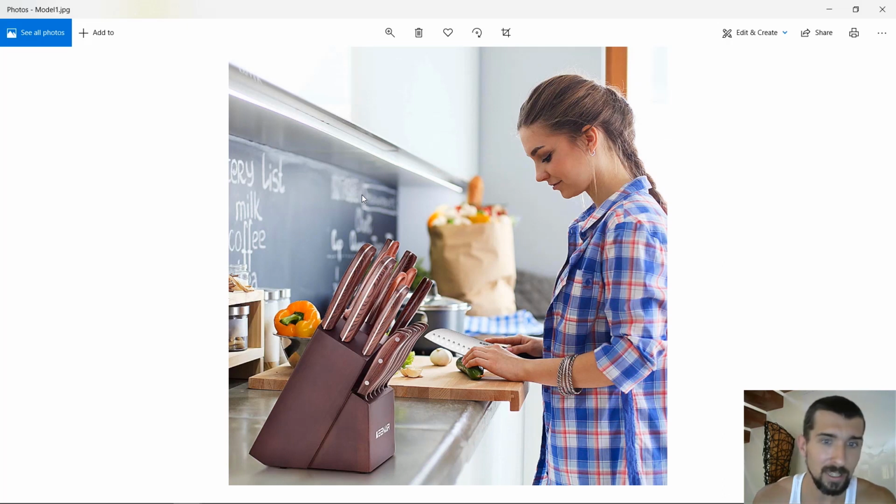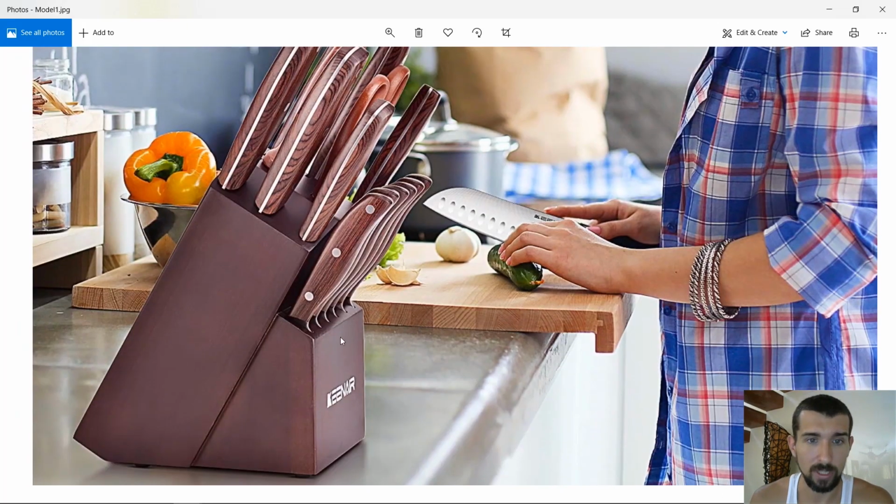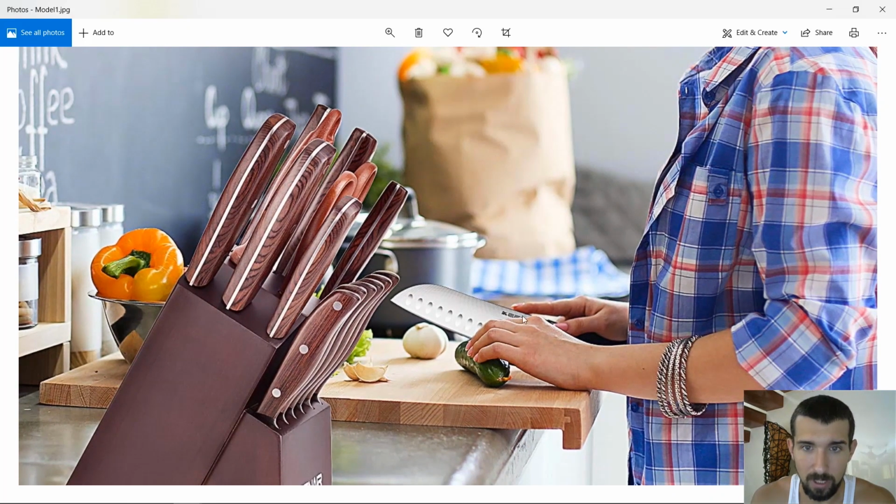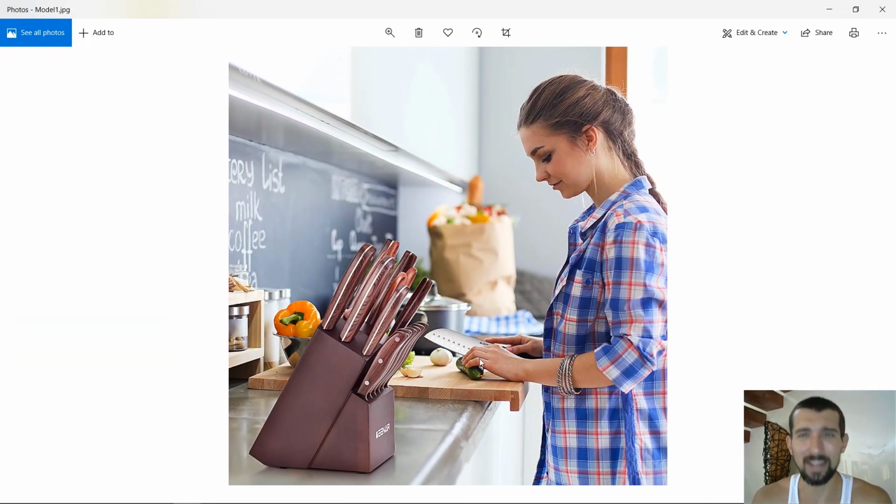Here we have a girl cutting with the knife. That's from a different brand. We have all the knife set here. We have the branding, the brand name here, I think. Oh, no, it's not going to show you, but she's cutting the cucumber and she's pretty happy, it seems, and she's doing her job. That's again a lifestyle picture. We have a human there. She's not looking into the camera, but nevertheless, she's looking at the knife.